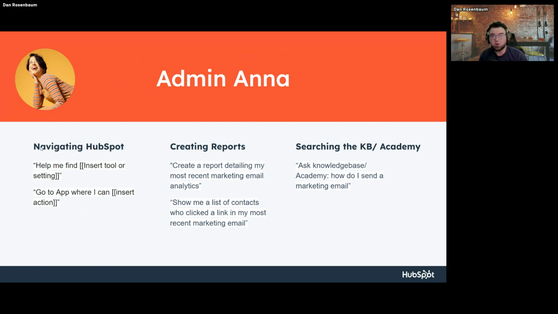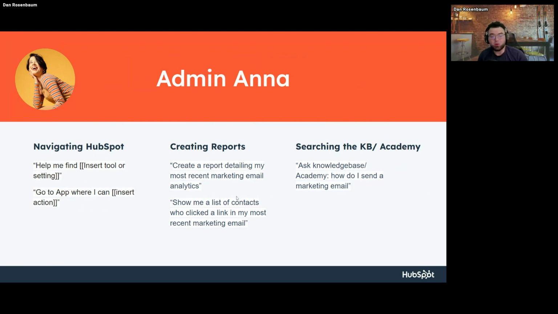You can ask ChatSpot to say, hey, I'm trying to edit a property on a contact. Where do I do that? And it'll give you a link and instructions on where in your portal to do that. As Dustin said, I've been at HubSpot for 5 years now, and I still get lost in our settings. So don't feel bad about anything. Now you've got a robot who can just tell you exactly where to go, which is great.